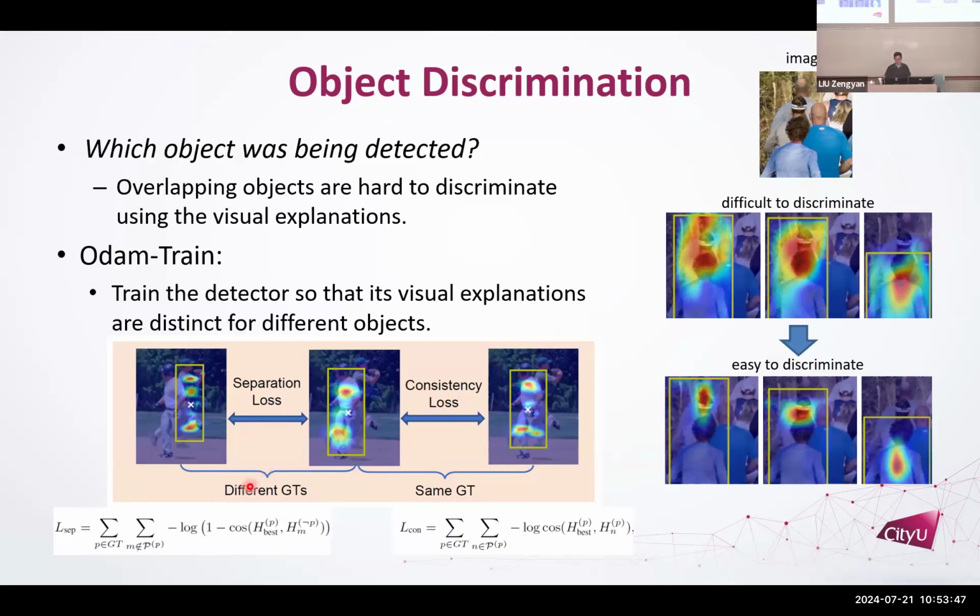So we can turn this into two regularization functions. One of them encourages separation using cosine similarity. The other encourages consistency, also using cosine similarity. Then we can insert this into the training process, and what it does is actually modify how the detector works, right? The detector will try to find features that are helpful for detection, but also will be consistent or separated from other objects. So we're actually modifying how the model works using the explanations it generates during training.